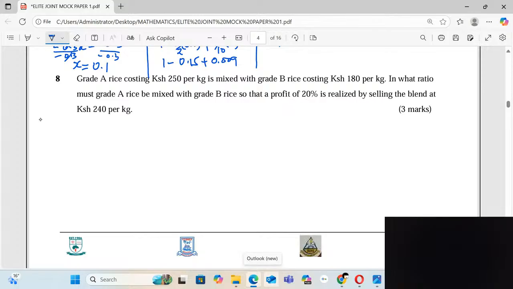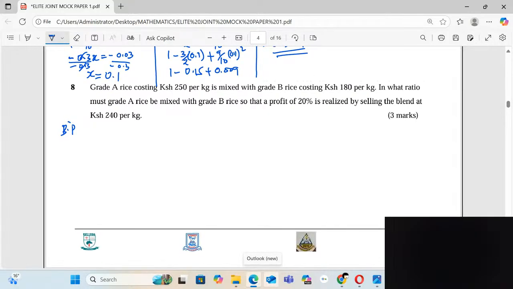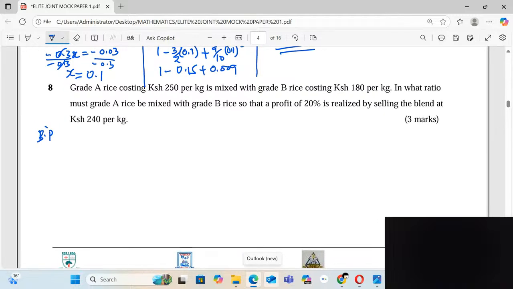So the buying price per kg will be equal to, now the 100, that is 100% over, we are making a profit of 120, so